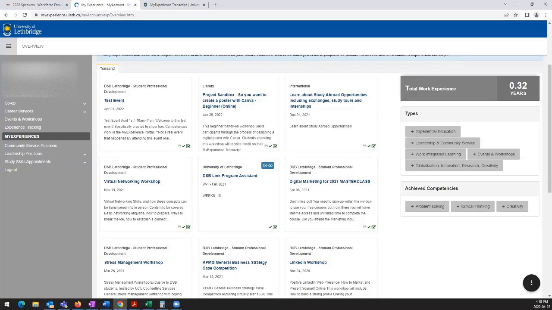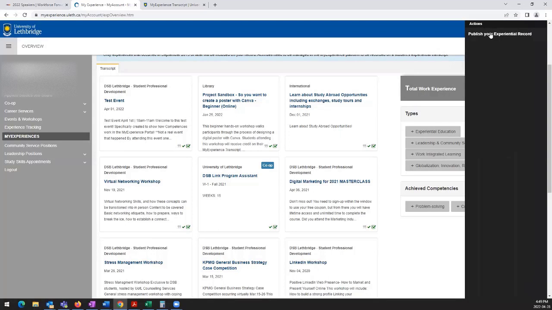And after that, using the round blue widget at the bottom of the screen, you can choose this to publish your experiential record when you're ready.